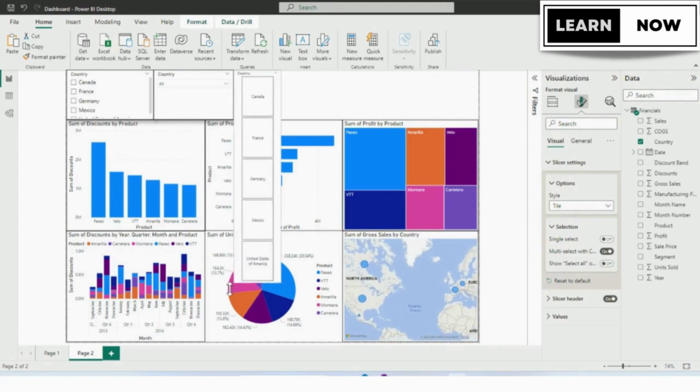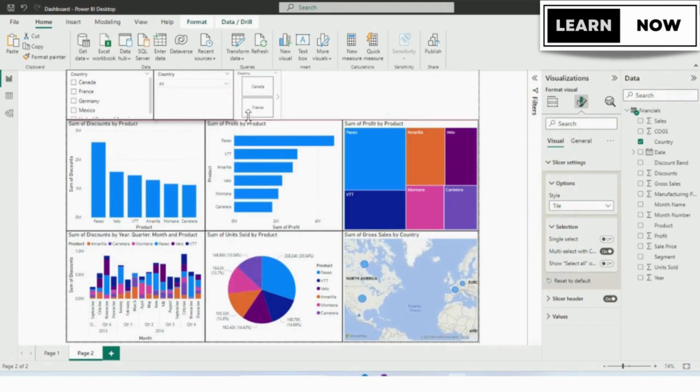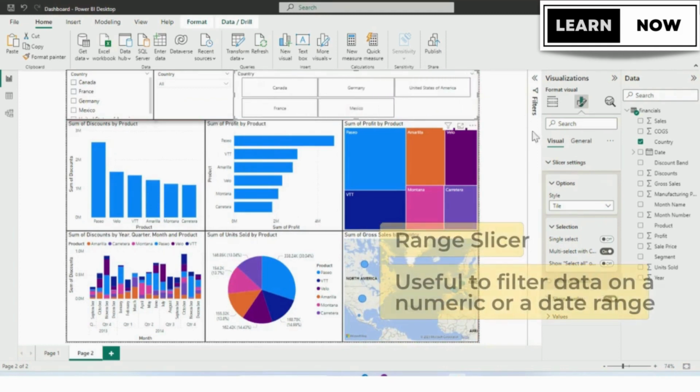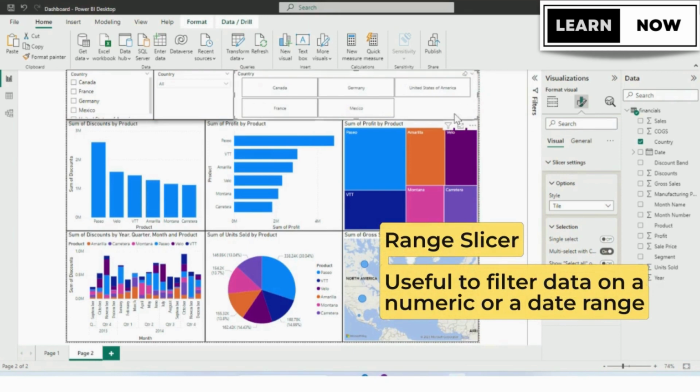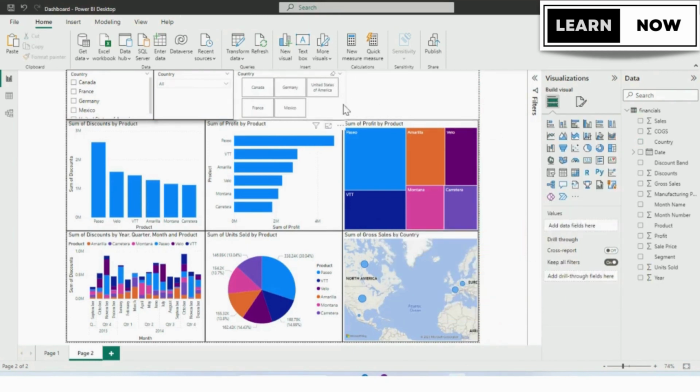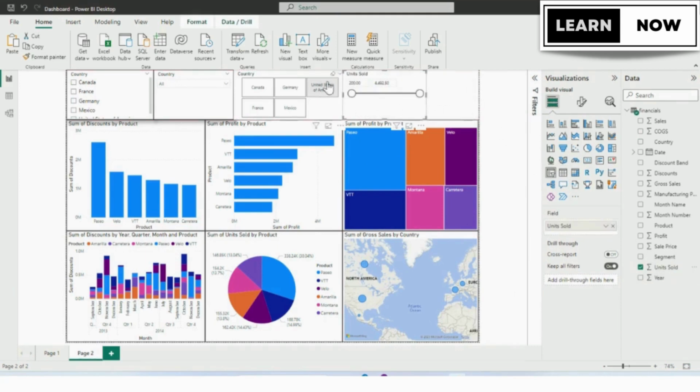The next slicer is the range slicer. This type of slicer allows you to select a range of values using a slider or input boxes. It is useful when you want to filter data based on a numeric or date range. In order to add the slicer, we will add another slicer from the visualization pane and select the unit sold. Now you can see the range has been added. We can drag the corner to adjust the height and width of it, and from the range,